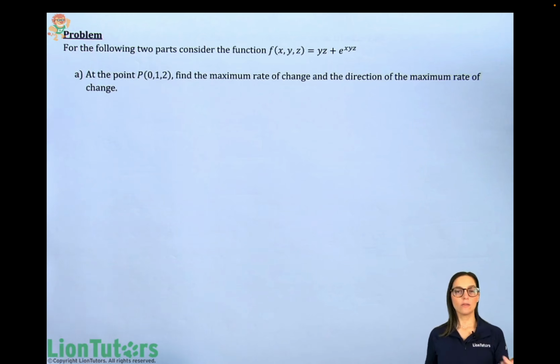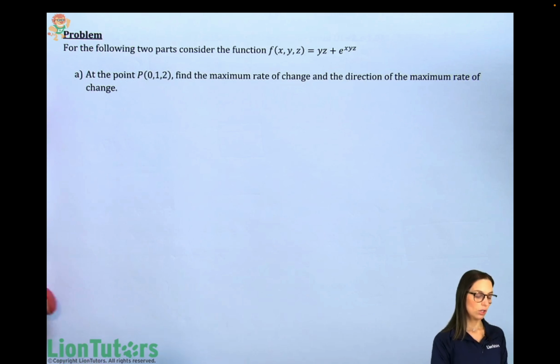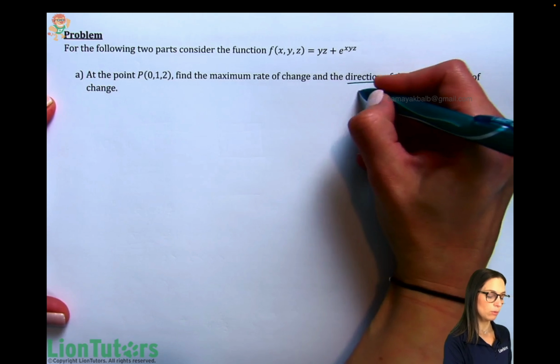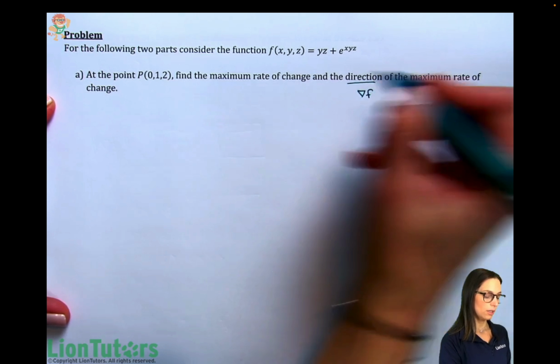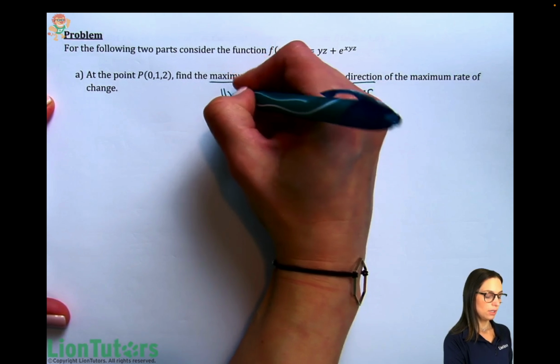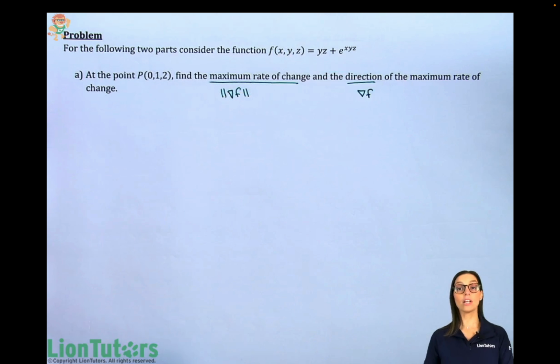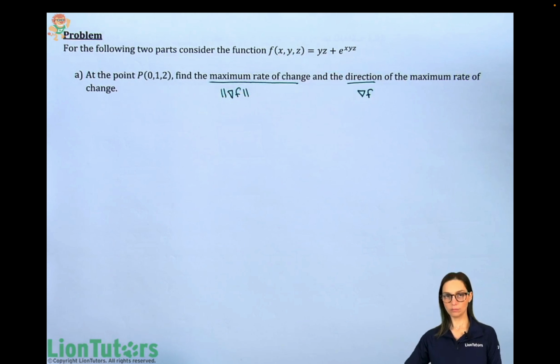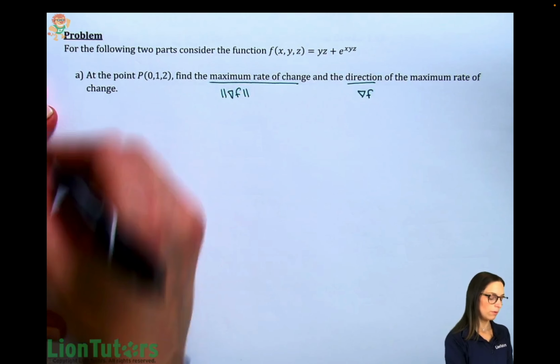All right, so given some function here, this says at the point 0, 1, 2, find the maximum rate of change and the direction of the maximum rate of change. So the direction of the maximum rate of change is our gradient, and the actual maximum rate of change would be the length of our gradient. So that's all this is asking us to do. Let's go ahead and do it. So to find our gradient,